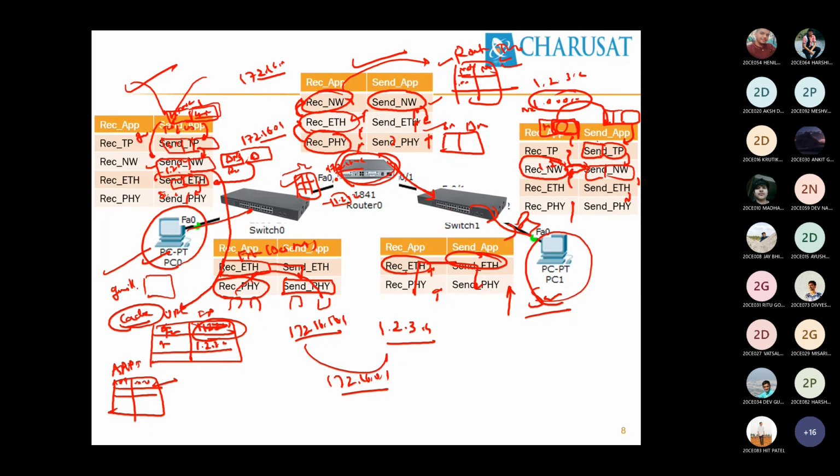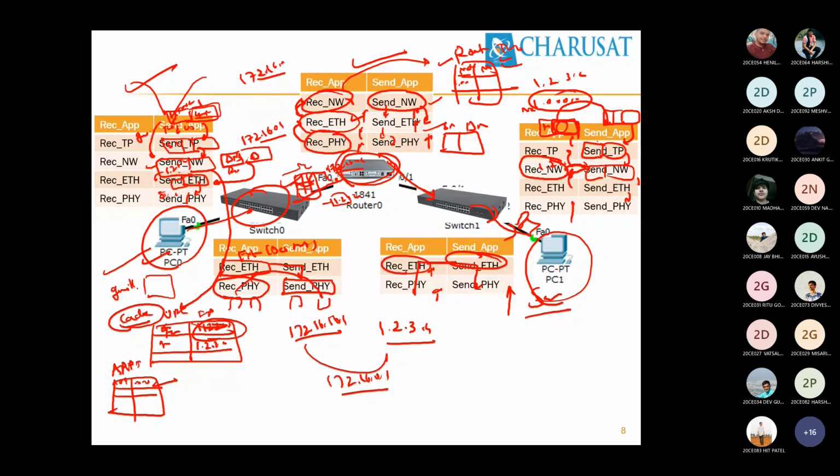In the routing table, the entry is found, available on the left side. Then it updates the network header. The TTL value gets decremented by 1. Send to the Ethernet layer. The Ethernet layer will do the same thing again. It connects to the ARP table, and the MAC address is found. It prepares the header and sends to the physical layer. The physical layer sends on these sides.